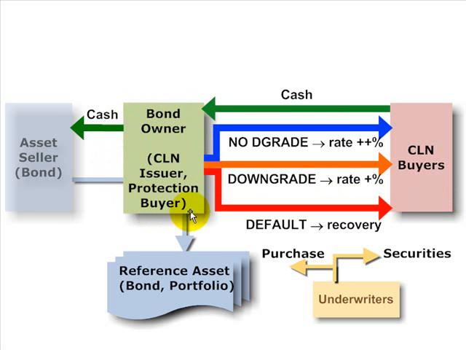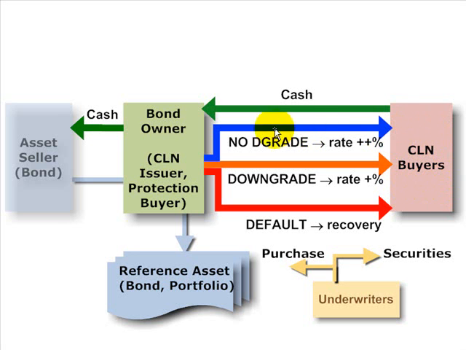Now consider the going forward scenarios. Probably the most typical is that nothing happens to this underlying reference, this bond. There is no downgrade or default. That's symbolized by the blue line. All that happens is the bond owner is paying the above market rate. The bond owner is going to need to pay an above market rate because the credit risk has been transferred